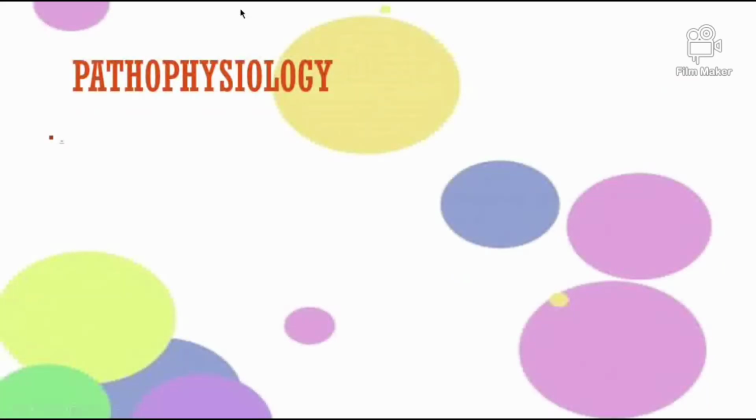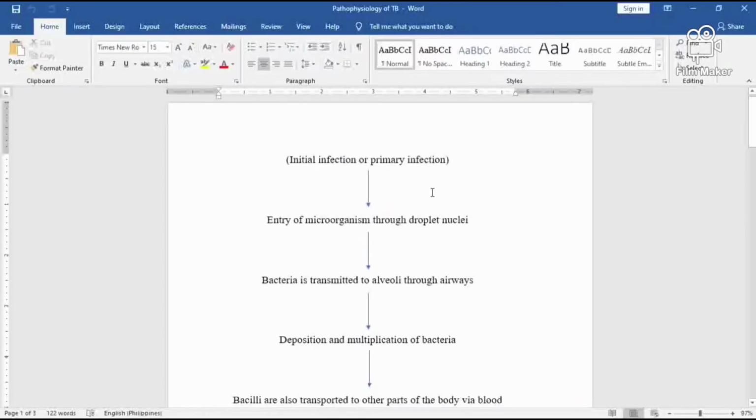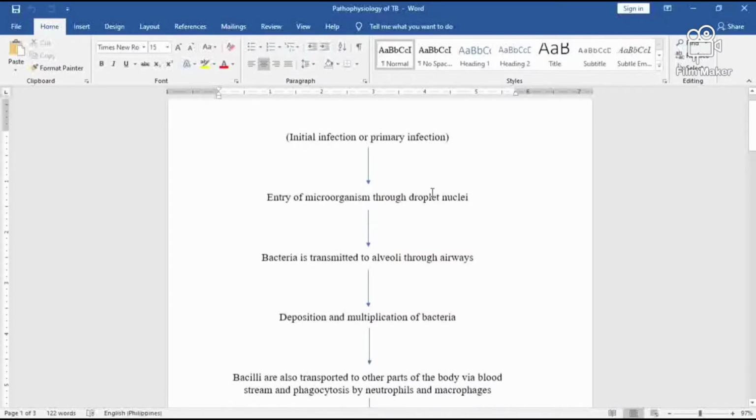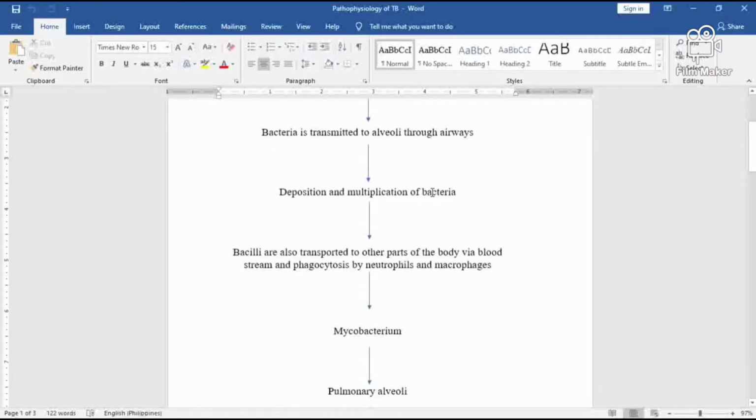Then the pathophysiology of tuberculosis: initial or primary infection from Mycobacterium tuberculosis is the entry of the microorganism through droplet nuclei by sneezing, laughing, coughing, and singing. The bacteria are transmitted to the alveoli through the airways, where deposition and multiplication of bacteria occurs. Then the bacilli are also transported to other parts of the body via the bloodstream, and phagocytosis by neutrophils and